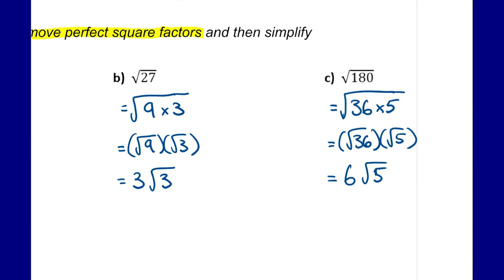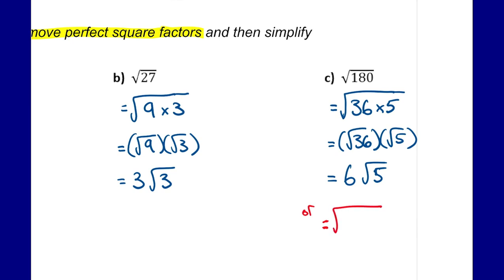Now, if you didn't recognize that 36 was the greatest perfect square factor of 180, maybe that's not what you're looking for. You're looking for smaller numbers. 180 is a bigger number, so you might not know its factors. You could work through it in a progression, similar to finding the greatest common factor when we didn't know what the largest value is. We can work at it in smaller increments. It does take longer, but if you don't know the greatest perfect square that goes into 180,